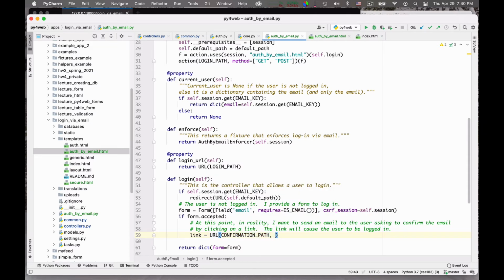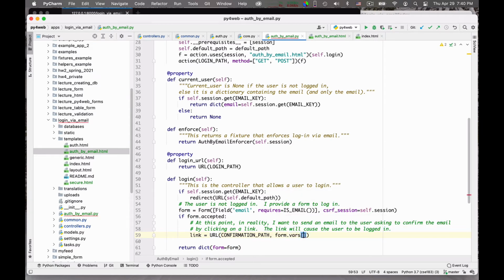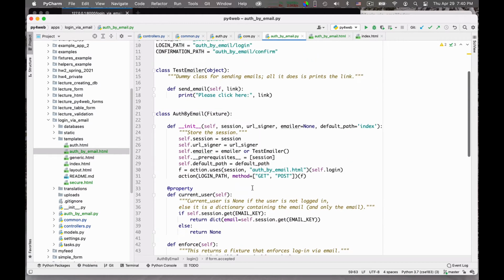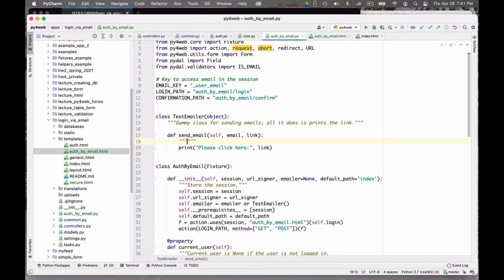Then I will store here the email, so the form.vars email. This is the email the user has given to me, to which I wanted them to confirm it. So here, by the way, I need to also have the email among these parameters, so replace these with something that sends the link to the email.